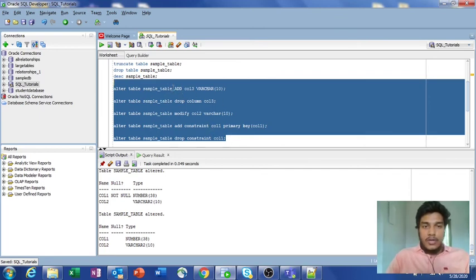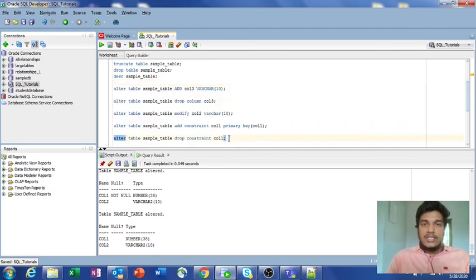If you want to add a new column, then we have the add keyword here, and if you want to drop a particular column from the existing schema, then we have drop column here. If you want to modify one data type into another data type, then we have the modify keyword. If you want to add a new constraint to an existing column, you can use the add constraint keyword. And if you want to drop a particular constraint present on the schema, you can use the drop constraint keyword here. So these are the different types of alter commands that you can specify to change the schema of a particular table using the alter command.